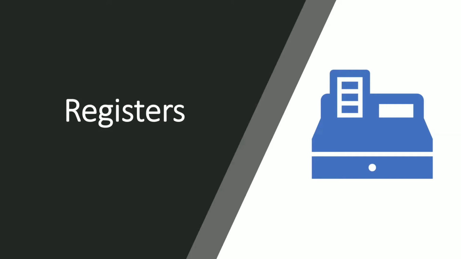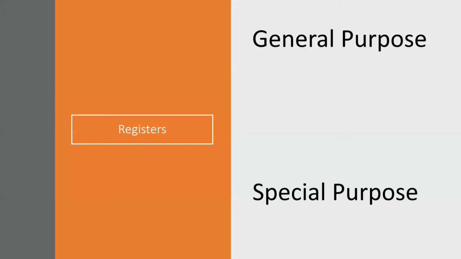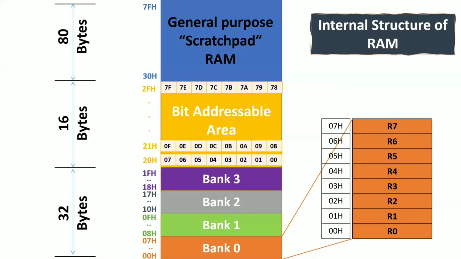Okay, so let's start. In the 8051 microcontroller, the registers are categorized into general purpose and special purpose registers. I'm sure you figured out what the general purpose registers are. If you paid attention in the 8051 features class or yesterday's class, you know that there are a total of 32 general purpose registers, arranged in the form of banks: bank 0, bank 1, bank 2, and bank 3. Each and every bank consists of R0 to R7.